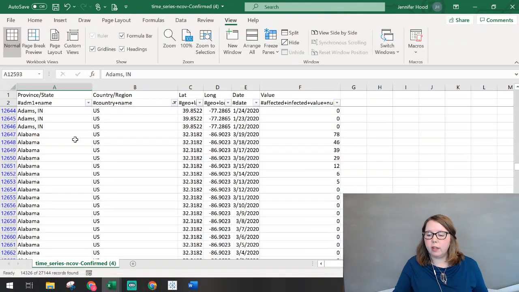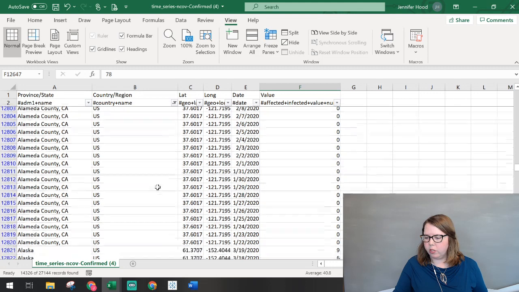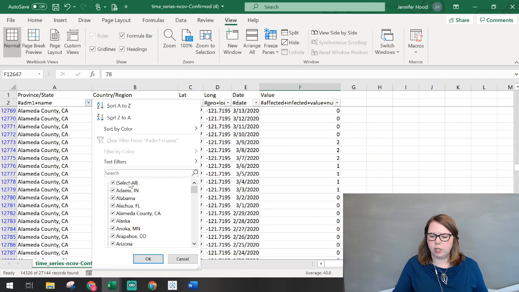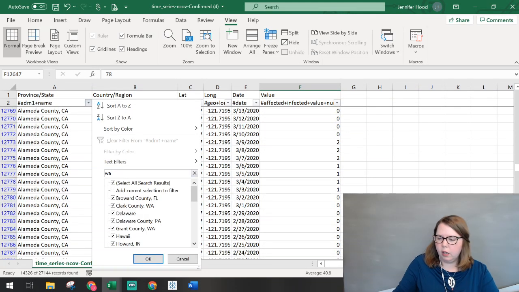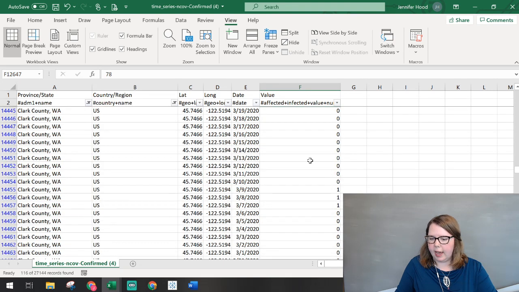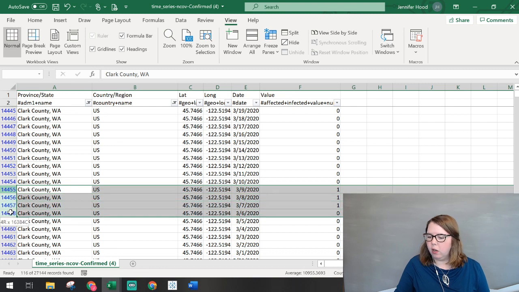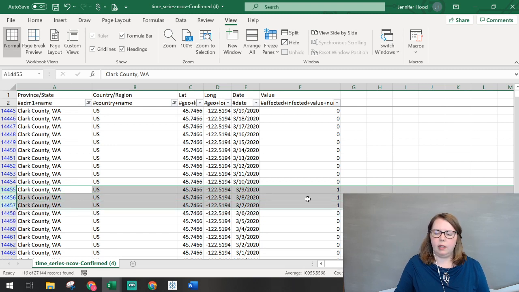What you'll notice as we start looking at things a little deeper, I should have pulled an example of this, but Washington might be a good one, where you can see initially the reports were coming in and being done at a county level. So here we've got Clark County, Washington, where we had cases the 7th, 8th, and 9th of March, and then they disappear.